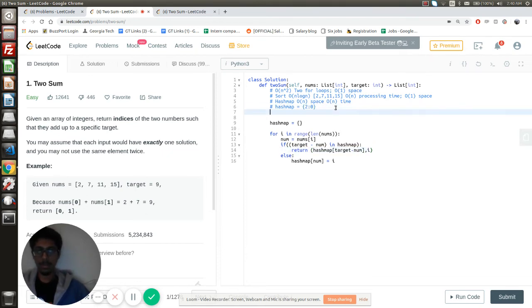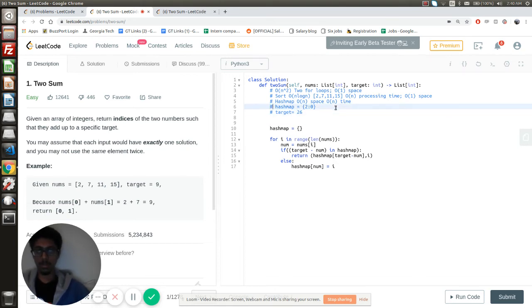Let's take another case. Let's take the case where the target was, let's say, 26. So this was the case where target was 9. Now the case's target is 26. So then hash map is initially empty. Then you have a 2, so 2 goes inside the hash map. Then you have 7, so 7 goes inside the hash map, because 26 minus 7 is not present in the hash map.